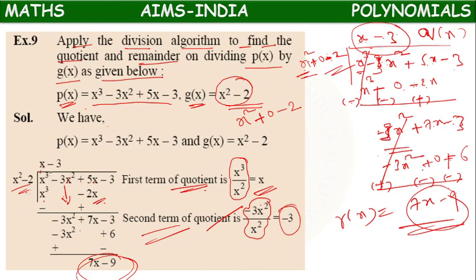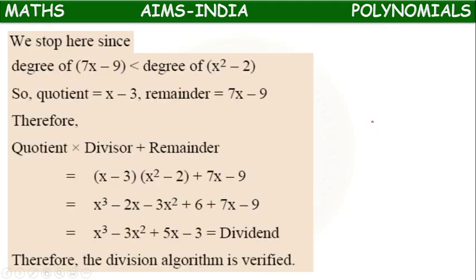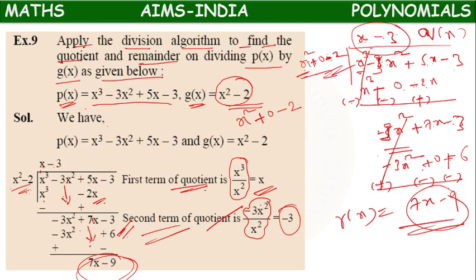Now here also with 3: minus 3 into x square is minus 3x square. Minus 3 into minus 2 is plus 6. We will leave this term, because there is no x term; plus 6 we will write here. We can do it like that. Otherwise, we can keep 0 there. So here, the terms in the dividend are completed. We have taken all the terms.